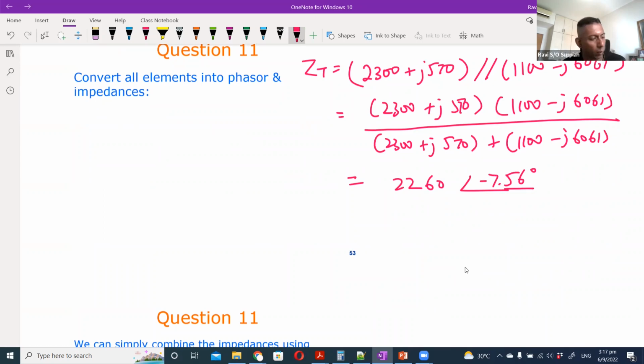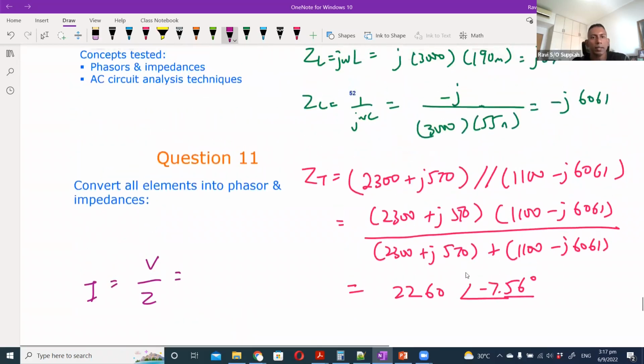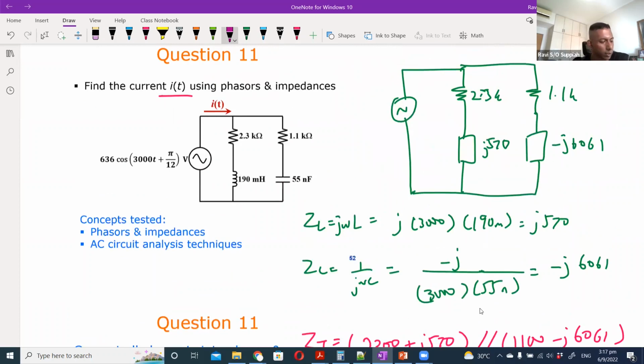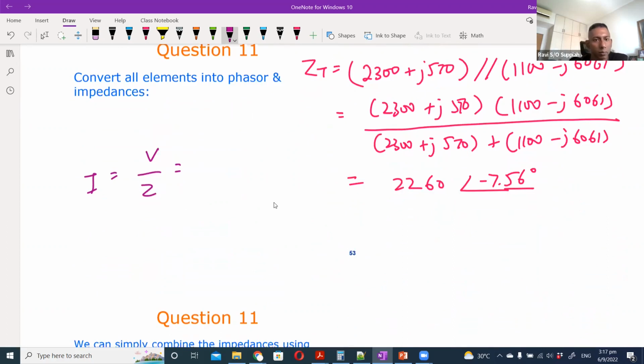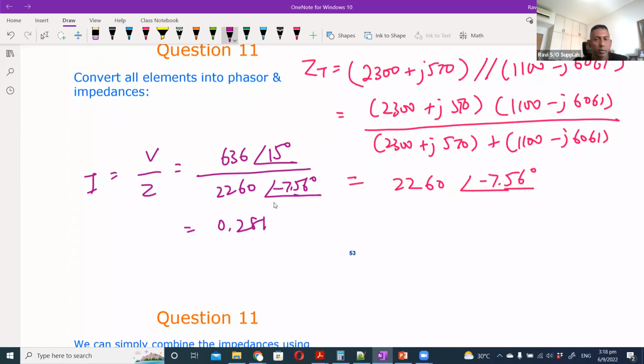Once you get this, you put it back into the formula, V by Z. The V is 636 with a phase angle of pi by 12, so 636 angle 15 degrees over 2260. That will give me 0.281 angle